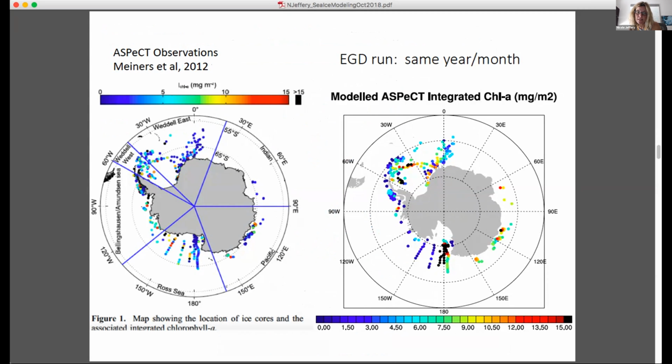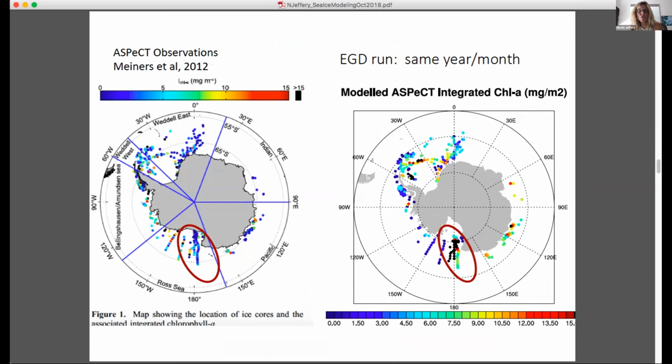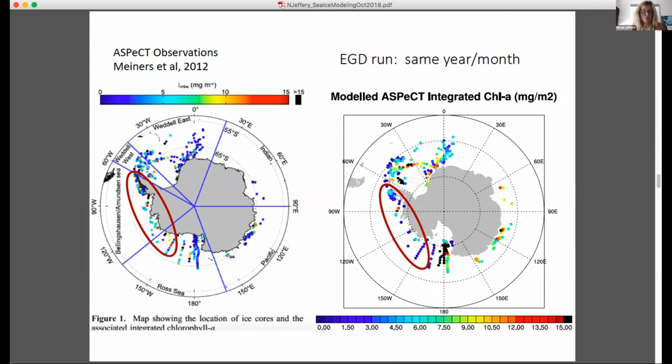So this is a simulation on your right now where I've tried to pick the same year and month as the observation. And we overestimate in some locations. If you look in the Ross Sea, we're getting quite a lot of chlorophyll in the sea ice that wasn't observed. But we also underestimate at other locations, especially on the western side of the peninsula.